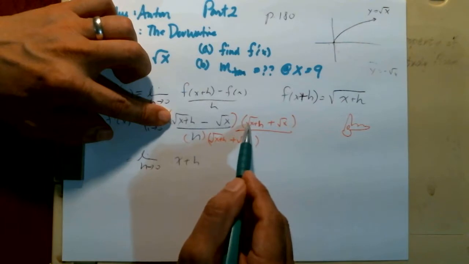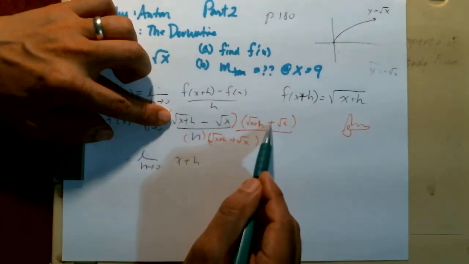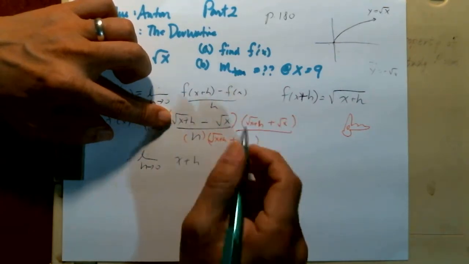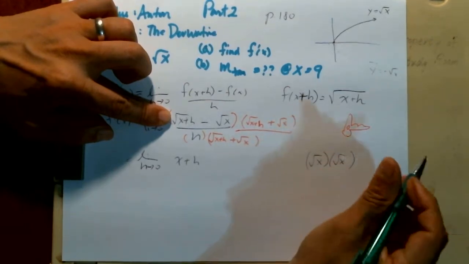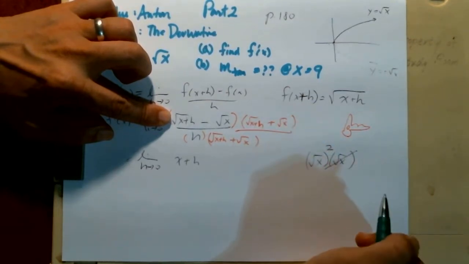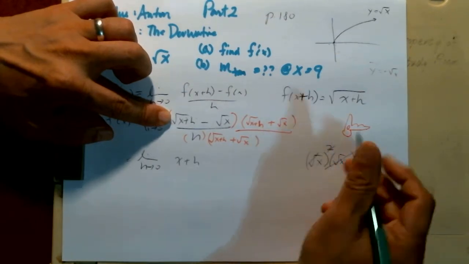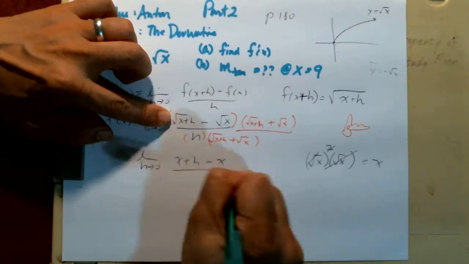Okay, that's why in conjugates, the outer and the inner always cancel. And then minus square root of x times square root of x is square root of x squared, which is just x. So x plus h minus x all over